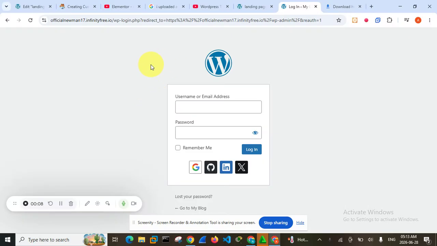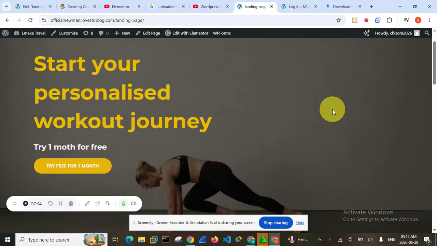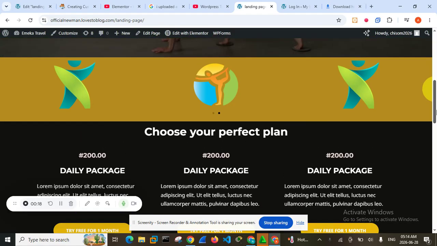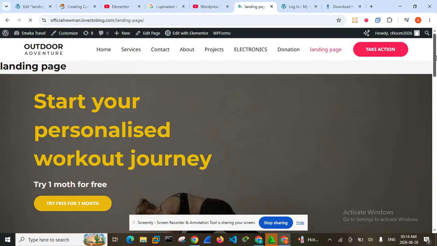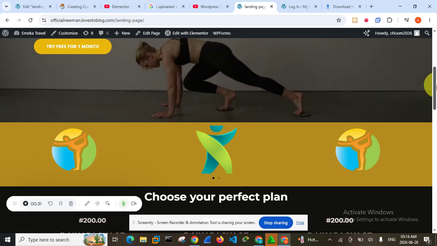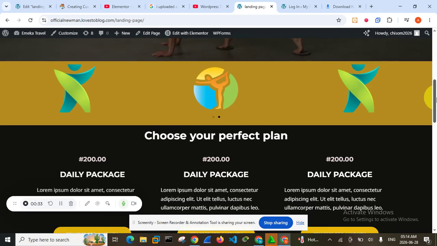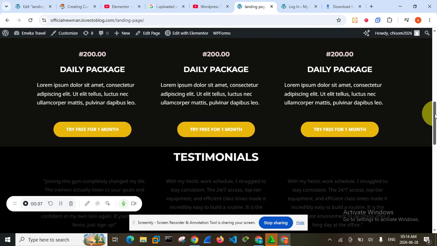Okay, so in our class today, we want to learn how to use the Elementor plugin to replicate this kind of thing. So we are going to use Elementor to replicate this kind of front page. Okay, so this is not that professional, but